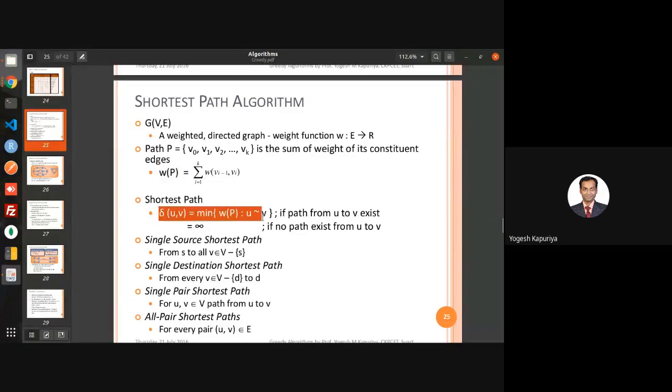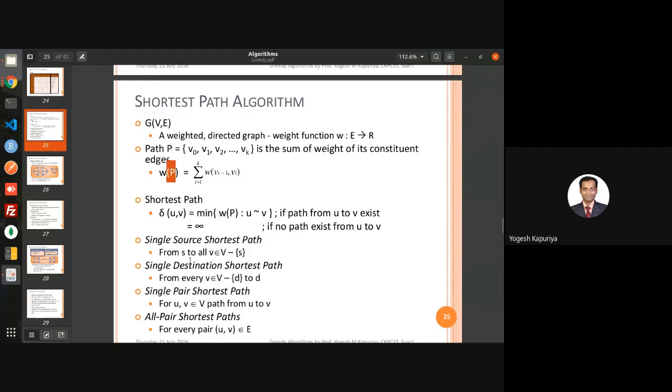So there are two possibilities, because there can be a disconnected graph as well. We'll not discuss that at this time, but we'll discuss it within an example. A disconnected graph means that there exists no path between two subsets of a graph. So in that case, the shortest path will be infinity if two vertices belong to two different subsets of the graph. Otherwise, this is the shortest one.